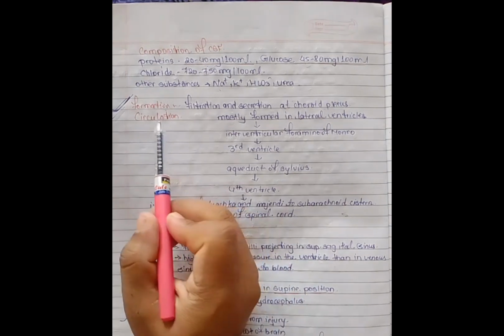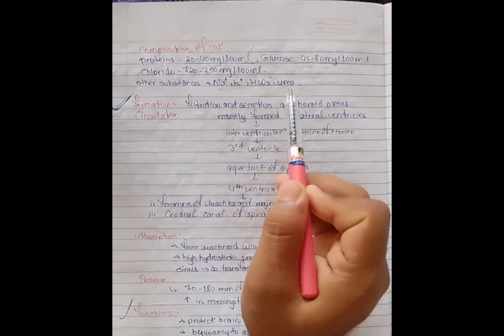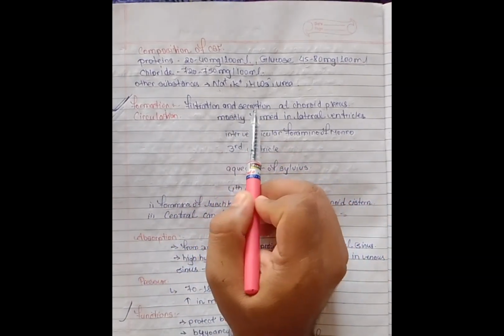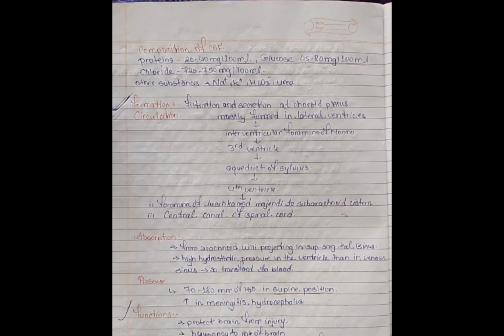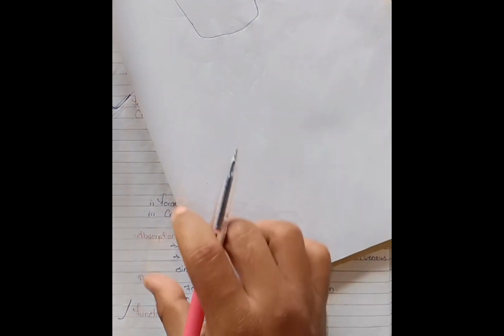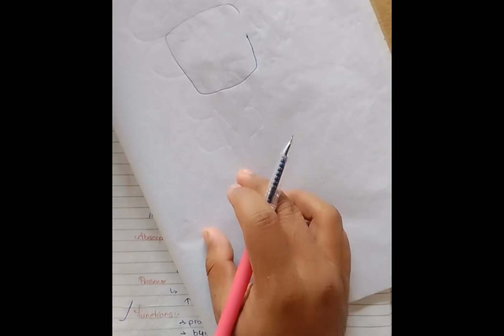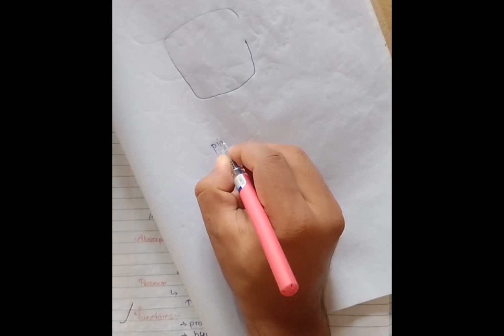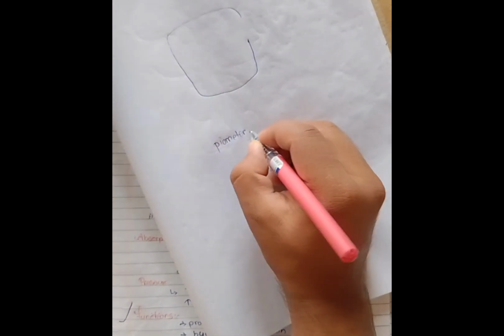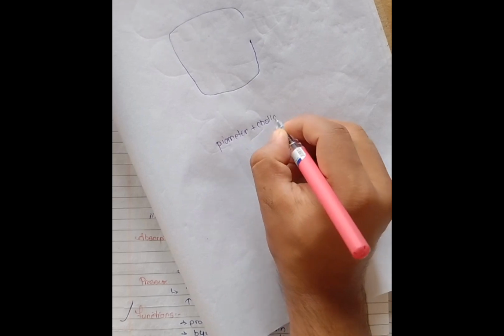Now, we are going to discuss the formation of CSF. The CSF is formed through filtration and secretion at the choroid plexus. What is the choroid plexus? The choroid plexus is a collection of pia mater, collateral vessels, plus the ependymal cells. Choroid plexus here. Choroid plexus is mainly made of pia mater, collateral vessels